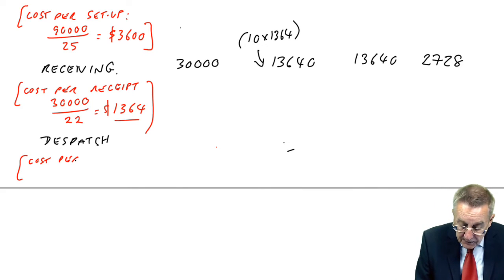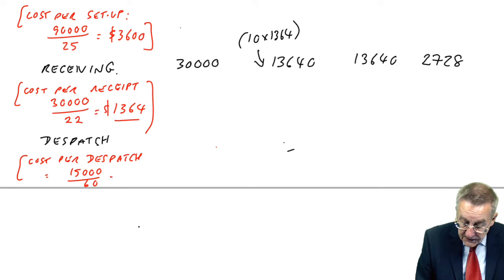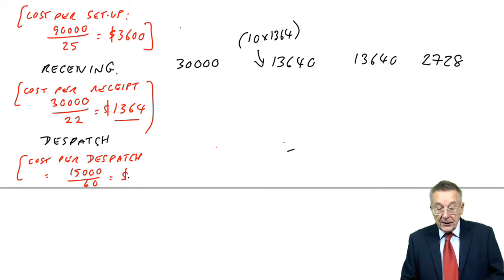Calculate a cost per dispatch. So the total expenditure, 15,000. In total, 60 dispatches. So the cost each time,